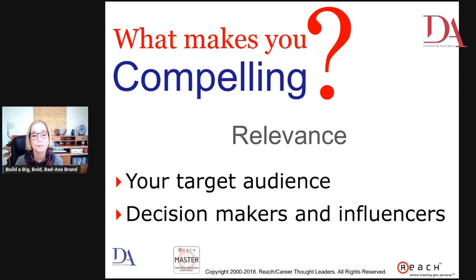And one way to find out about these things is to follow some of the decision makers and influencers on LinkedIn who are your competitors, because there are all kinds of advantages to those. And if you come back in a couple of weeks, I'll show you one really cool one. But you want to know how they describe themselves. You're not going to copy what they said, but you want to know how they describe themselves, who follows them, and what some of the key words are that they're using. So there's nothing wrong with that.